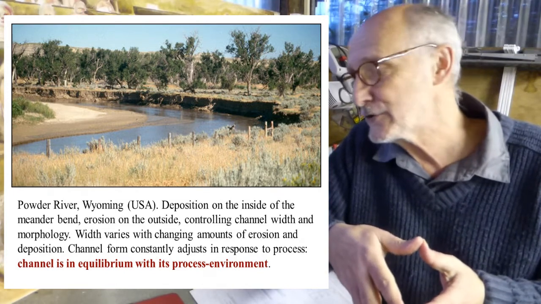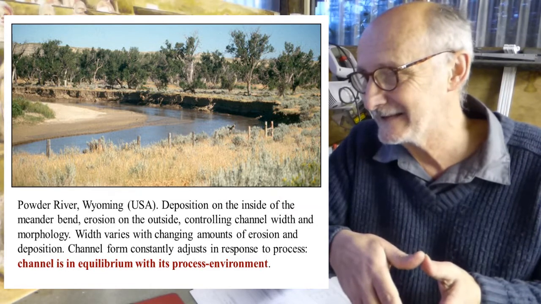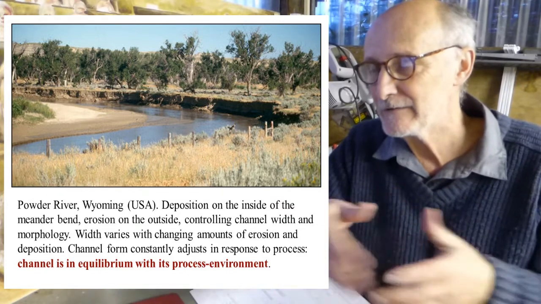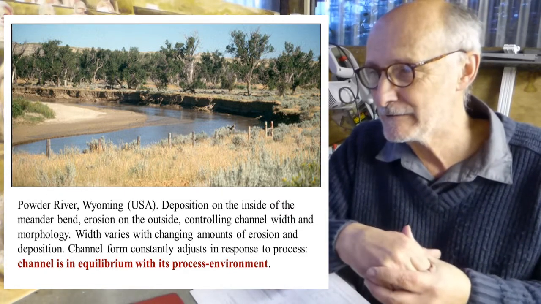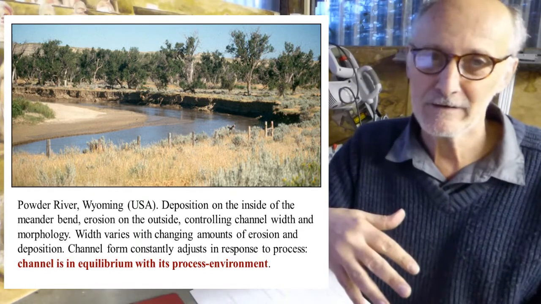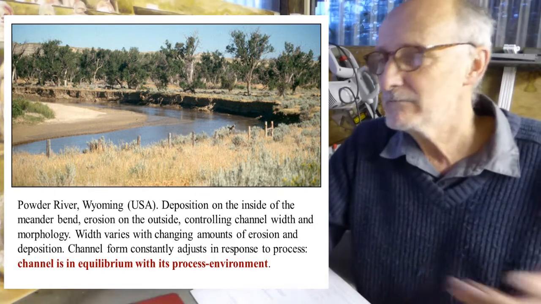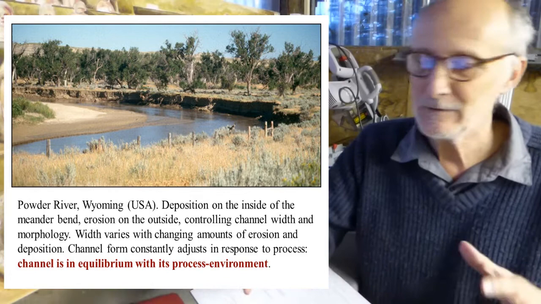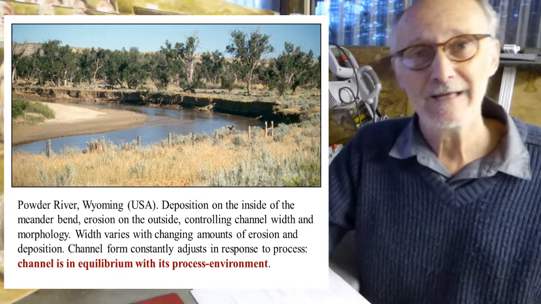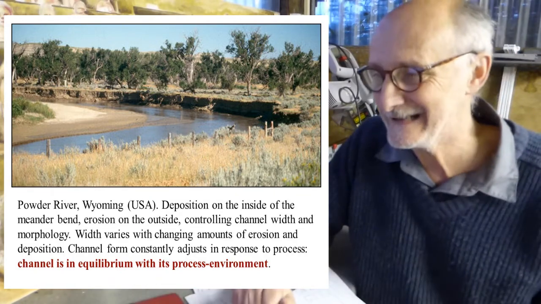And you can see there you've got erosion on the outside bank of the channel on that meander. You've got deposition on the inside bank. The channel width varies a little bit as discharge increases and decreases, but there's a balance maintained because you have erosion in some locations, you have deposition in other locations, the channel shifts a little bit, it shifts a little bit back, and you wouldn't be massively shocked or perturbed by day-to-day changes in that pattern, because there is a long-term equilibrium that's keeping the system working in a kind of predictable way.